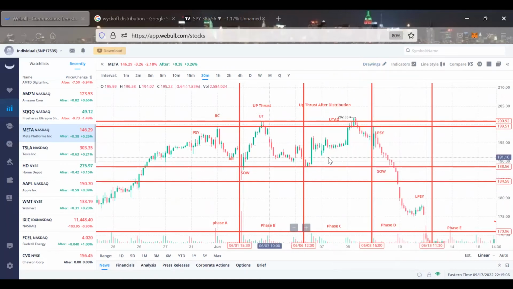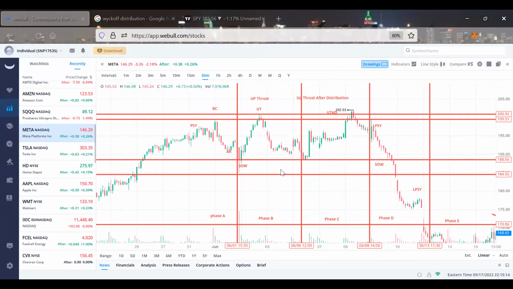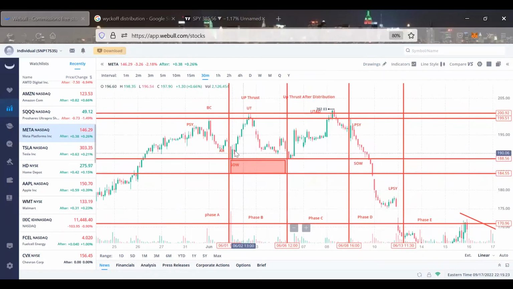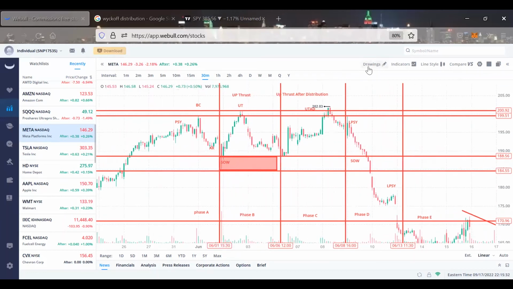So let's say you understand, and you've trained your eyes, understanding where the upthrust is and all that good stuff, right? What you can do right here is on the higher time frame, the 30-minute, you can put a supply zone here and a stop loss here. You can put this zone where you know that this is the first sign of weakness breaking that structure, right? Once again, you start to train your eyes and understand where all these are. So you have a sign of weakness breaking the first structure. Now you can take that trade going all the way where? To our area of buying